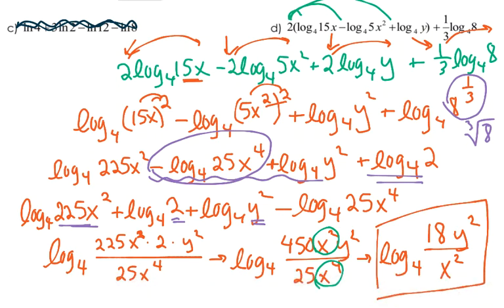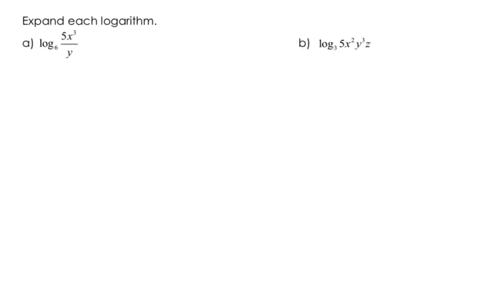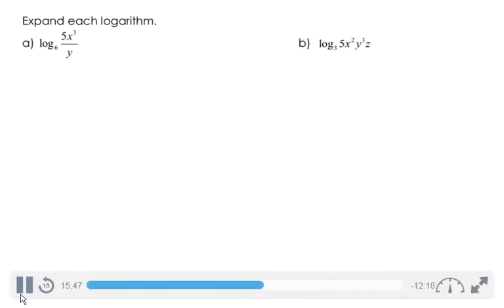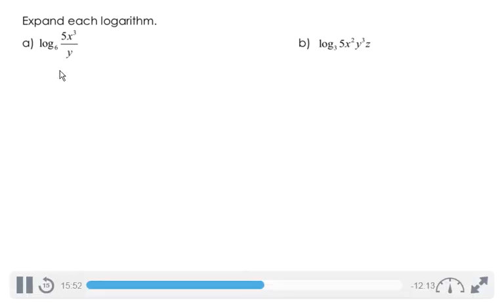Now what we're going to do is start expanding these. So I started with four logs in this last example and condensed it down to 1. Now we're going to pull them apart. The quickest way to look at this is to look after the 1 log and see how many